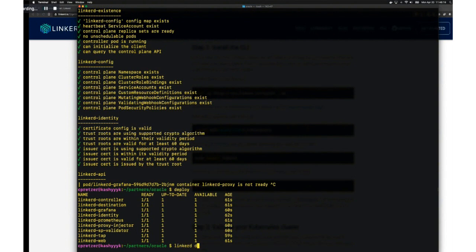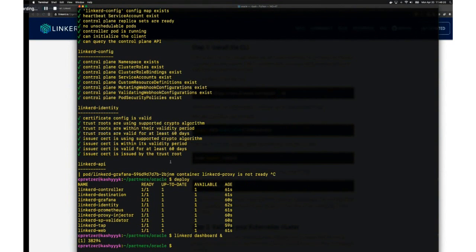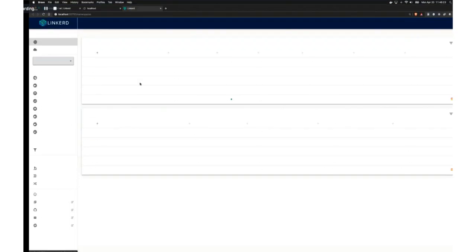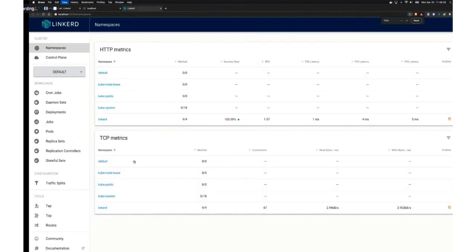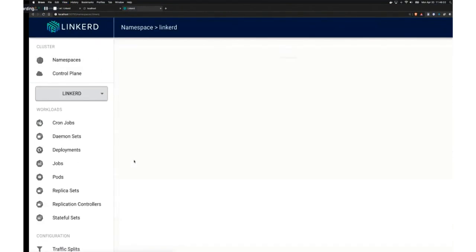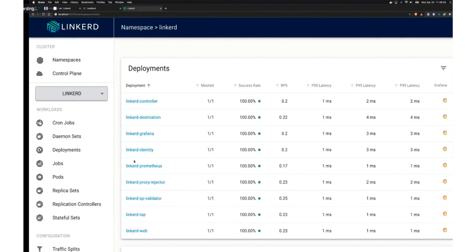So here's a fun thing that we're going to do. Let's open up the dashboard, and we can do this immediately because we have Linkerd running. So let's make this readable. And one of the interesting things is that Linkerd, the control plane itself, is also using Linkerd. So we already have proxies injected in here, and we can see we're getting these metrics already as the control plane is communicating amongst itself